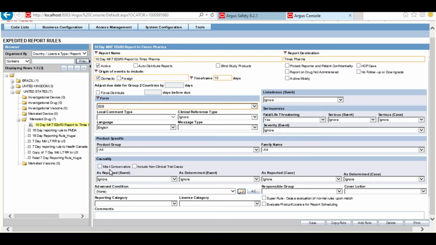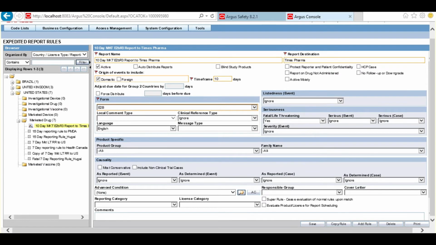So in short, what it means is that if a case where the country of incidence is United States has a product which has a marketed drug license from the country United States, and the case is either life threatening or fatal, then a 10-day time frame report, which is an E2B R3 report, will be scheduled for the reporting destination Times Pharma.